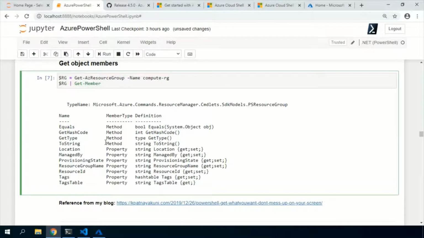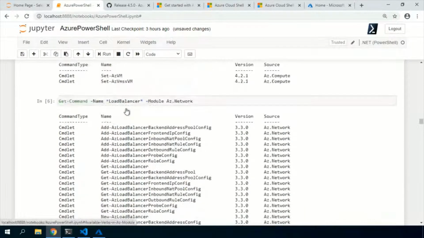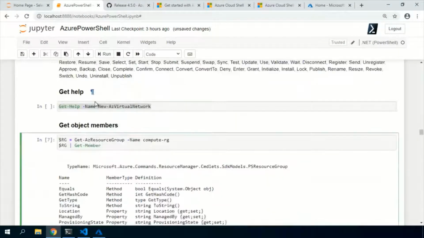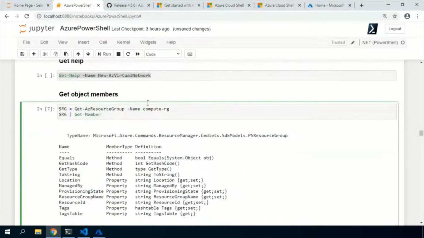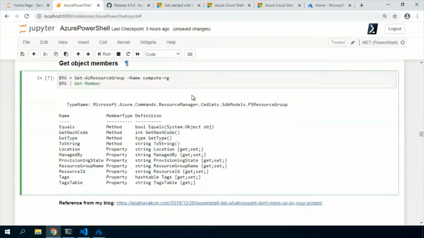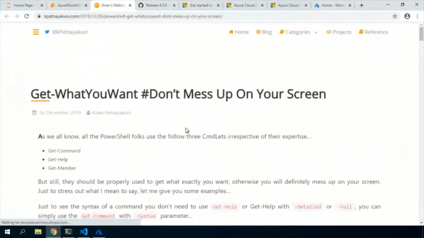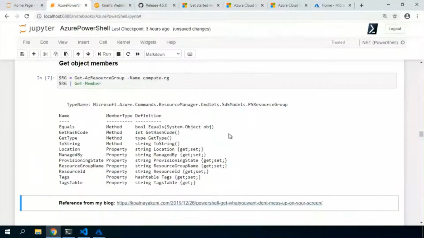You can reference them in your script going forward using dot notation. For all of these things, like filtering the commandlets, getting the help, and seeing the members of the object, I've written a blog post. You can refer to it.